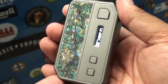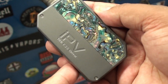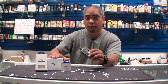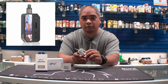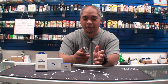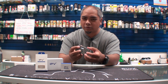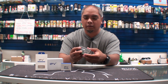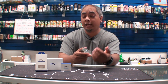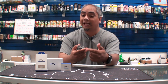These actually come in a few different designs. This is kind of a seashell look to it. The one that I have in here looks more like a stained glass window. We'll get a shot of that in just a moment as well. They've got a few other ones. So if you want something very unique, very different looking, this is right up your alley. You've got a very small digital readout here, but you really don't need a lot. You have two basic profiles, but of course you can customize it. You can do regular e-liquid, but you can do salt nic as well, and there are instructions on how